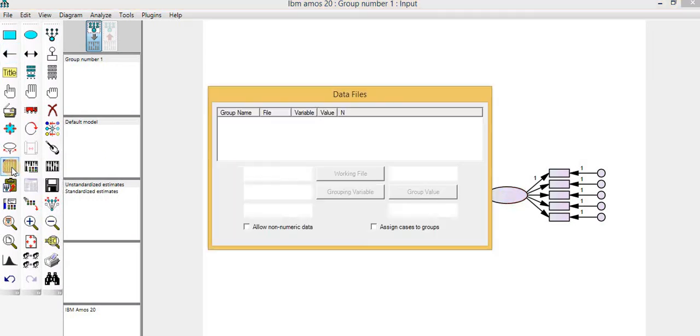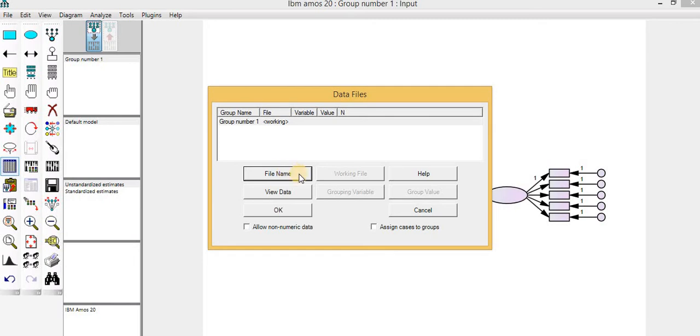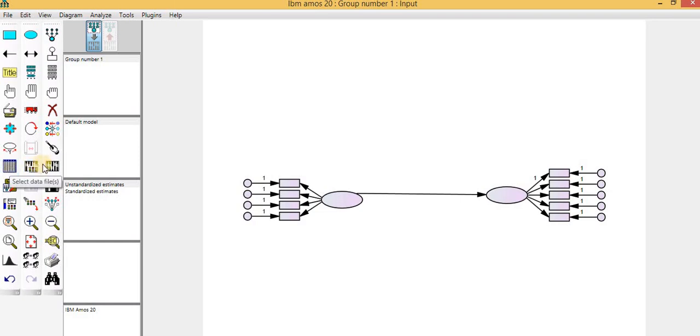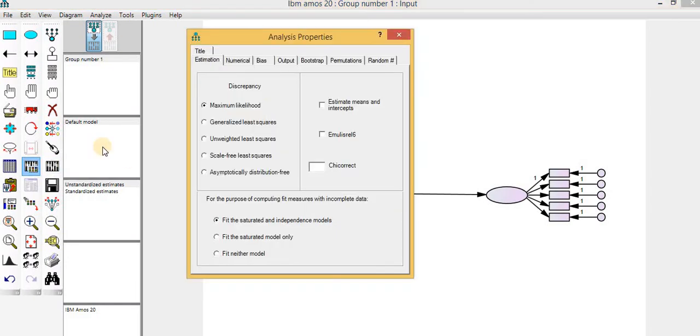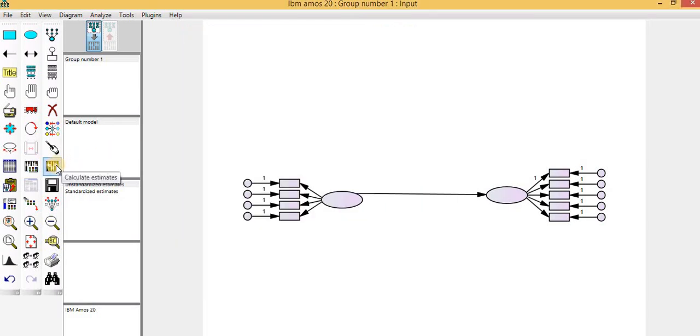This is a button to insert the data file from SPSS into the MOS software. You need to see our next lectures, in which we will tell you how to use these four buttons. This button is used to insert the data file into these variables in MOS software from the SPSS file, and this button is used to select what type of analysis you are required to do in MOS software, and this button is used to perform the estimation, to perform the test which you have applied in this screen.